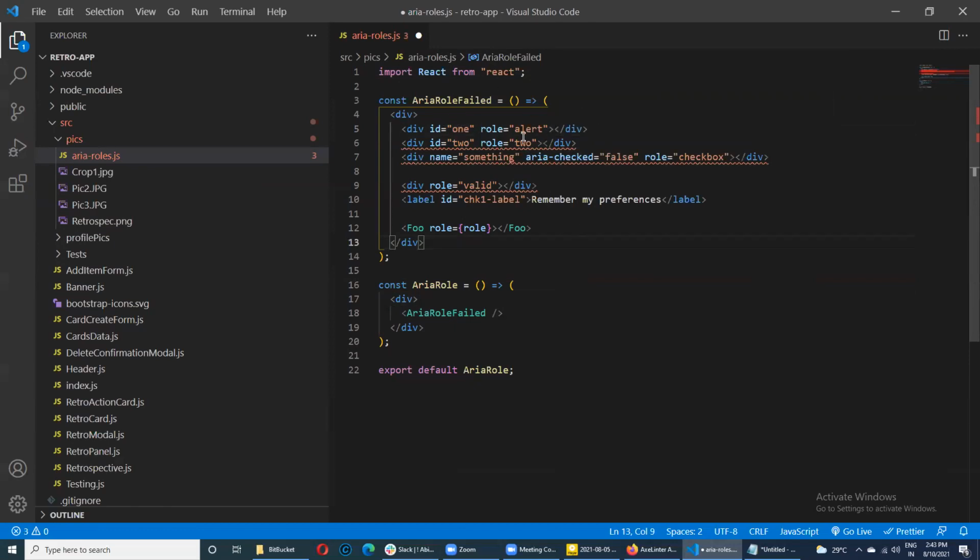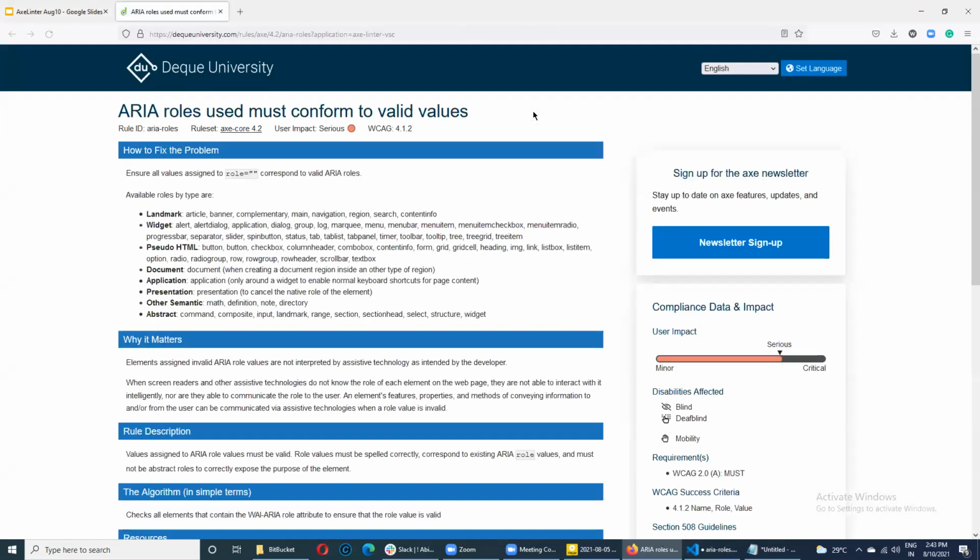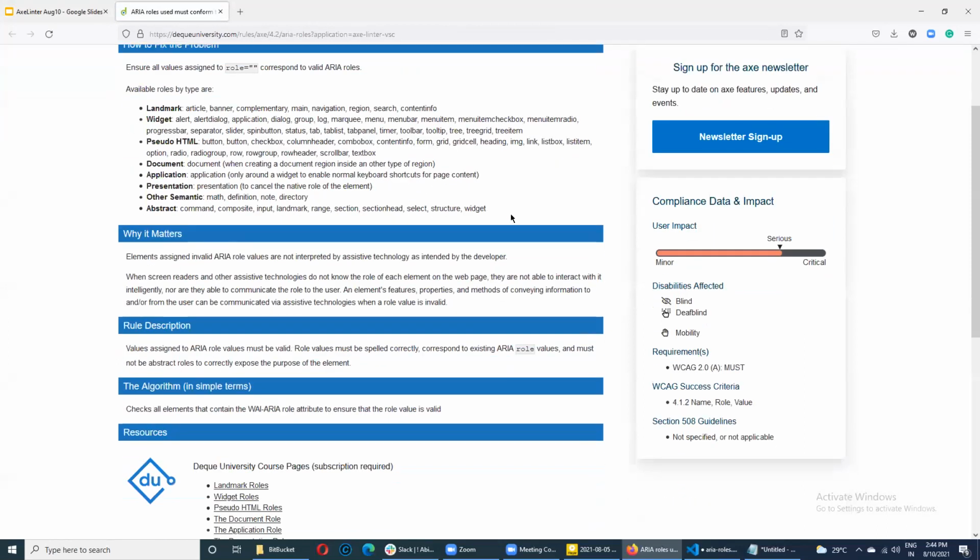Now, the same problem is over here, and you can also find that not only am I getting a suggestion telling me what the problem is, it is also giving me a link. This actually links you to Deque University, and I can go to that page, where I have a detailed description of what this particular problem is and how I can fix it.